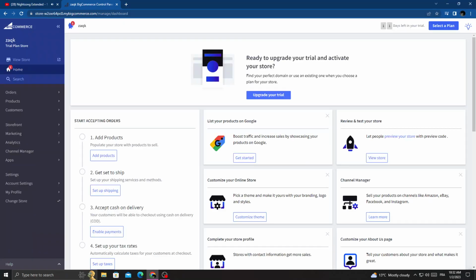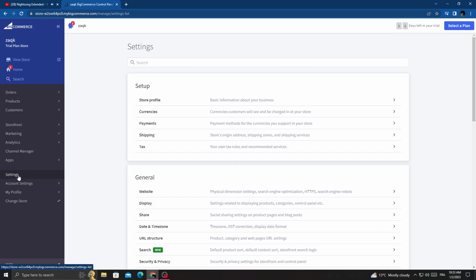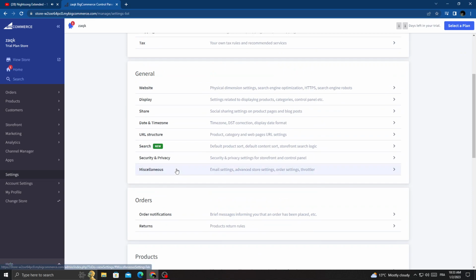First, open your browser, and now once you're here, click BigCommerce, and then go to settings. Now once you're here, here we'll find the URL structure. Then just click on it,